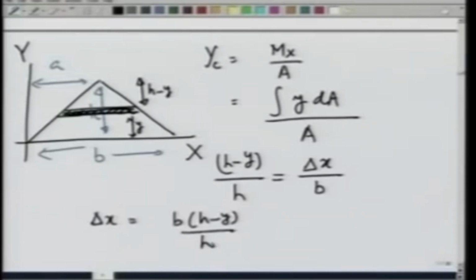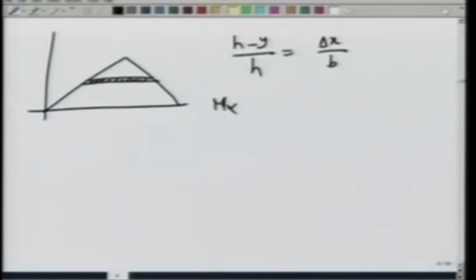This is the length of this strip, and therefore we can write, make the picture again. I am taking this strip, I am not writing b and a this time. We got h minus y divided by h equals delta x divided by b,